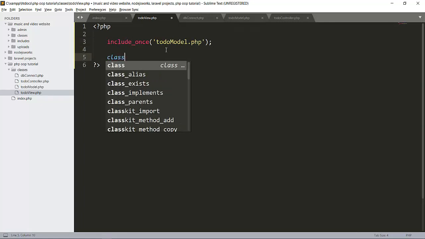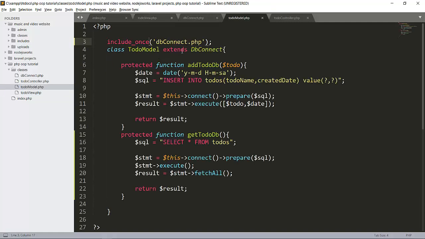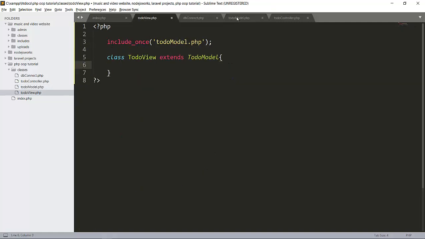Now there is a class here that will be our to-do view, and it will extend our to-do model class. As we created the to-do model class here, we inherited from our to-do model class. MVC is nothing here, only the structure is that the model is connected with only the database, and the controller and view are connected with the model here.